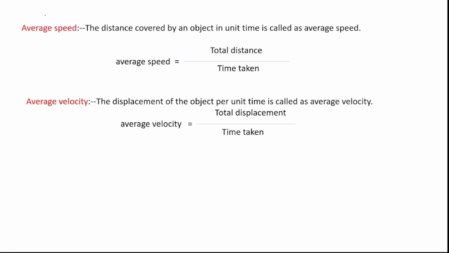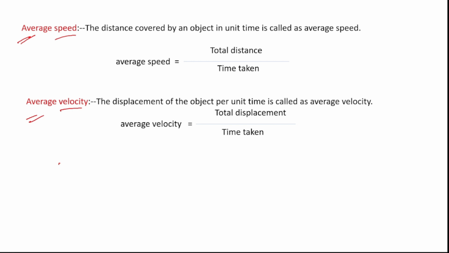Average speed. Average speed ante enti? So why are we taking average speed and average velocity again? Already we have discussed speed and velocity, right? But malli enduku average velocity, average speed ostundi? Because we have two types of motion, right? Uniform motion and non-uniform motion. So in uniform motion case lo we can take only speed and velocity, whereas in non-uniform motion we require average speed